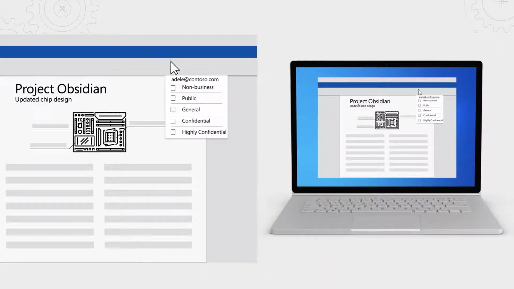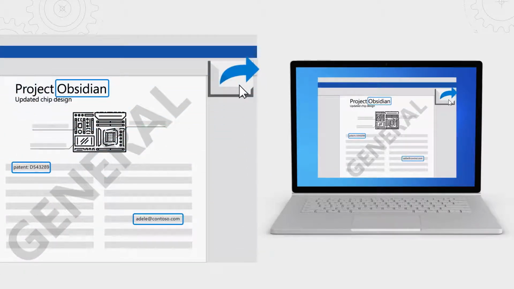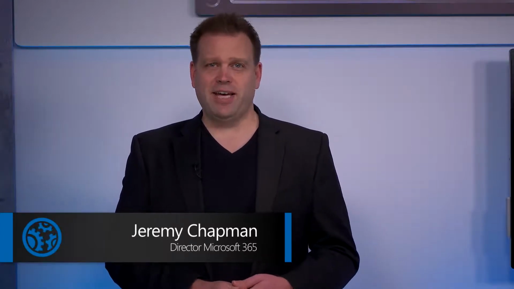For example, if a user inadvertently mislabels a file, DLP will still detect sensitive information and apply corresponding restrictions to prevent data loss. So think of DLP as an extra layer of security and a defense-in-depth approach before content ends up in the wrong hands, whether that data has been proactively labeled or not. Now, to learn more and try it out for yourself, check out